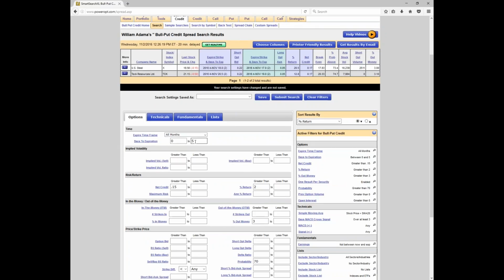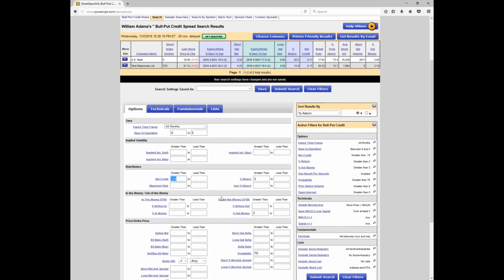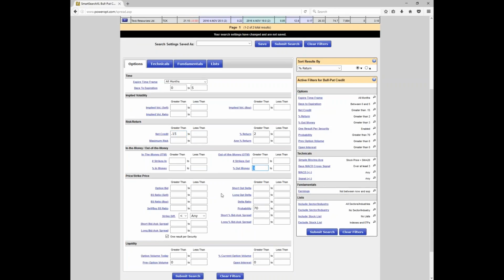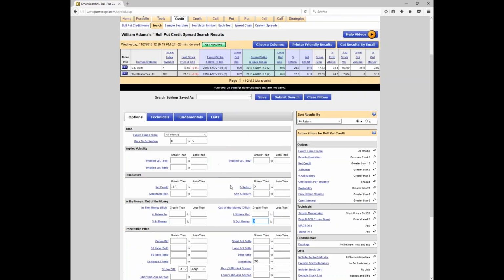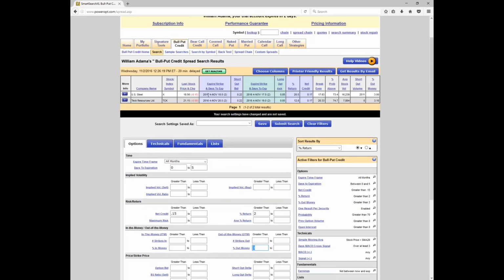So now, with shortening my days to expiration, we see that there are only 2 results that still have that 15-cent net credit, or at least 3% out of the money, and have a 70% probability. So we see that U.S. Steel here at 18.56, we could sell the November 18 put for 22 cents, buy the November 17 for 5 cents. This gives us a probability of about 73.4% and still a net credit of 17. Okay, but